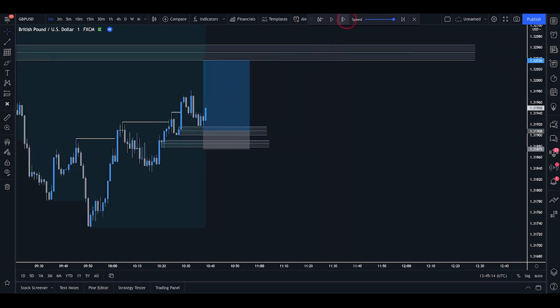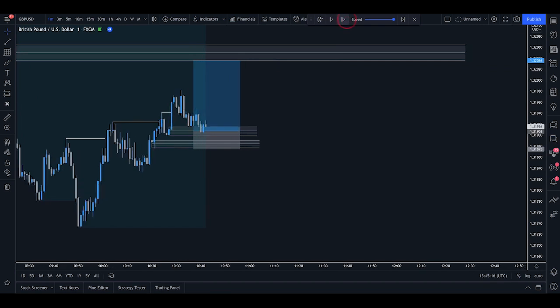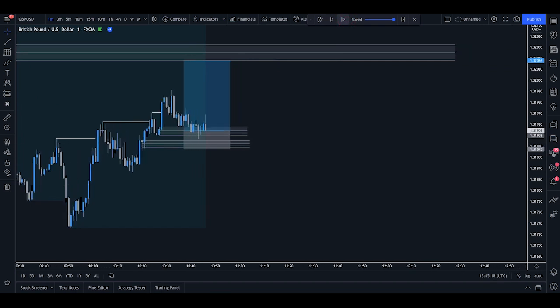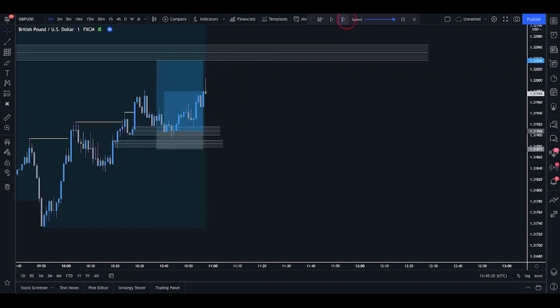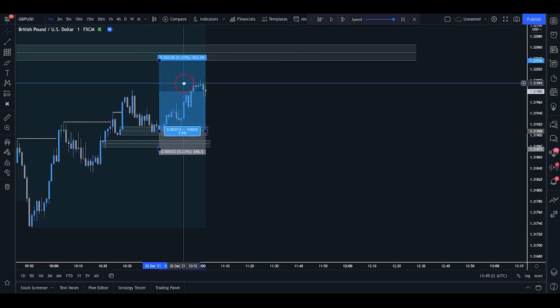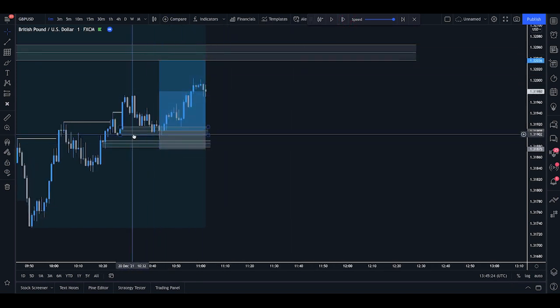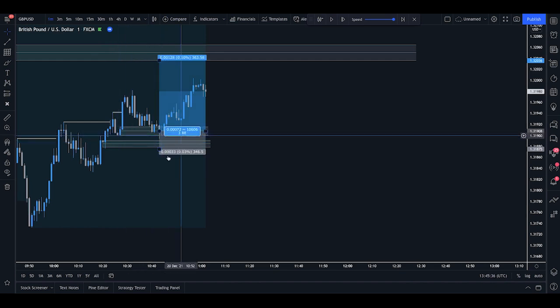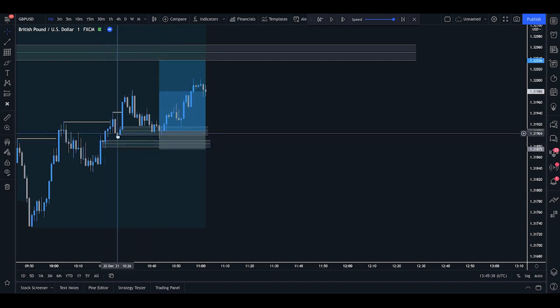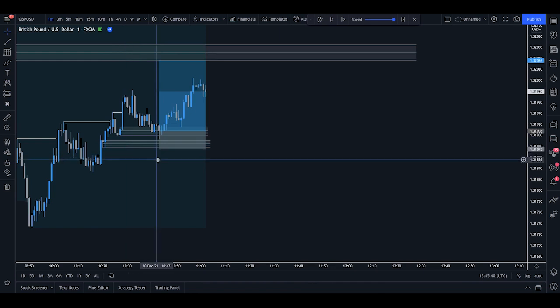Will we get triggered in? Now there we go, we get a trigger in and the market does push down just a little bit, but then begins its move to the upside. So very good thing to see there. As you saw, we did indeed benefit by putting the stop below the previous structure, because although we didn't come and retest this zone, we did trade into the imbalance in the middle of that, and we would have been triggered out. So when you have tricky areas like this, multiple nearby imbalance zones, the best thing you can do